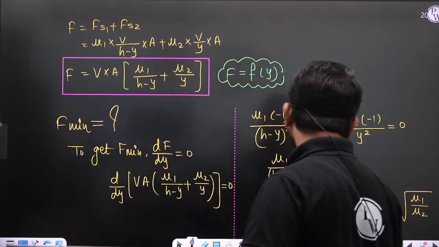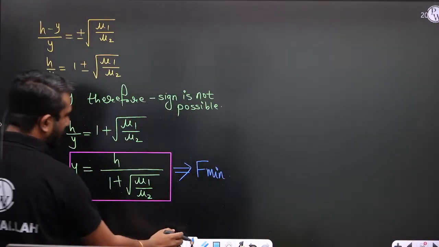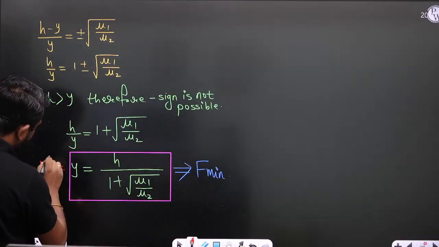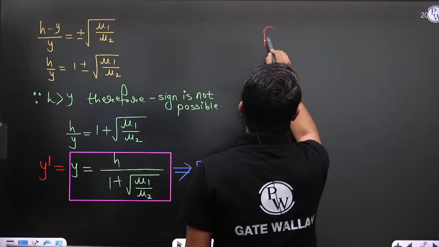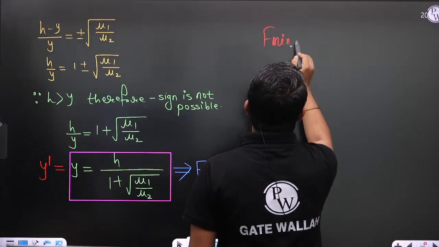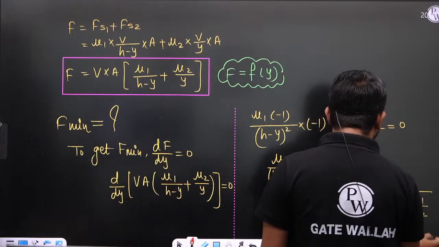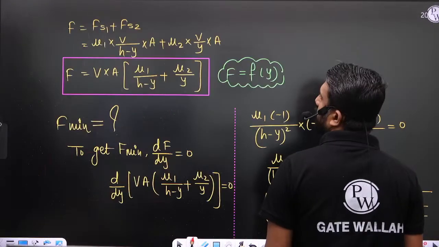Let us consider this y as equal to y dash. So what is the F minimum? We already have the mathematical expression of F. So F minimum is V multiplied by A,